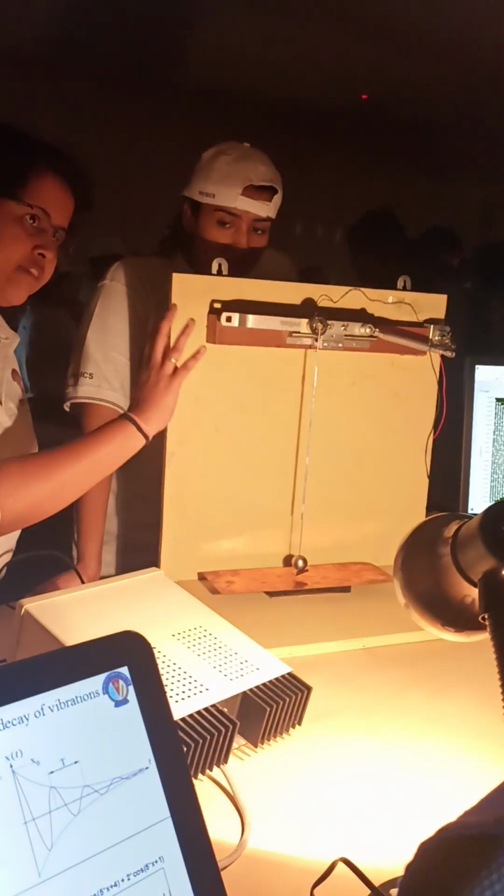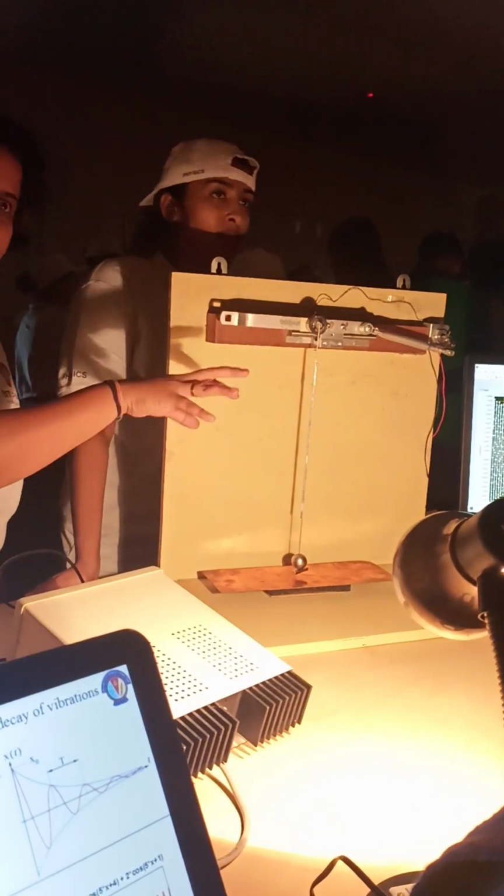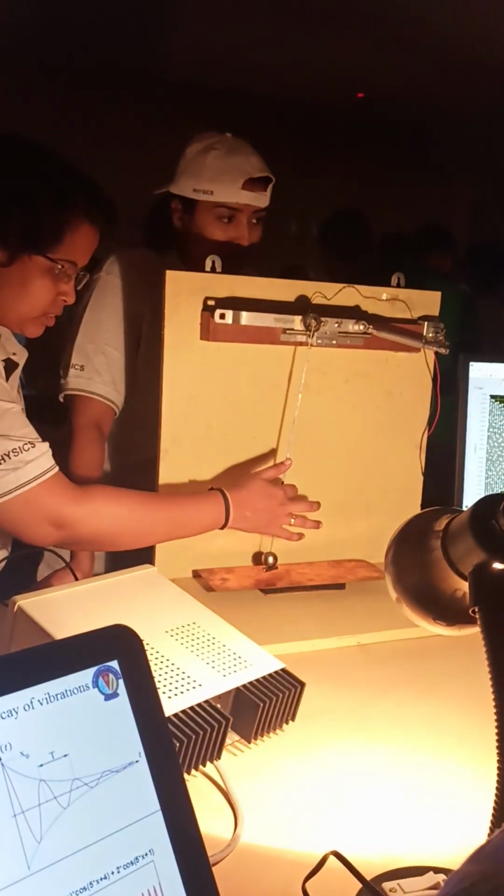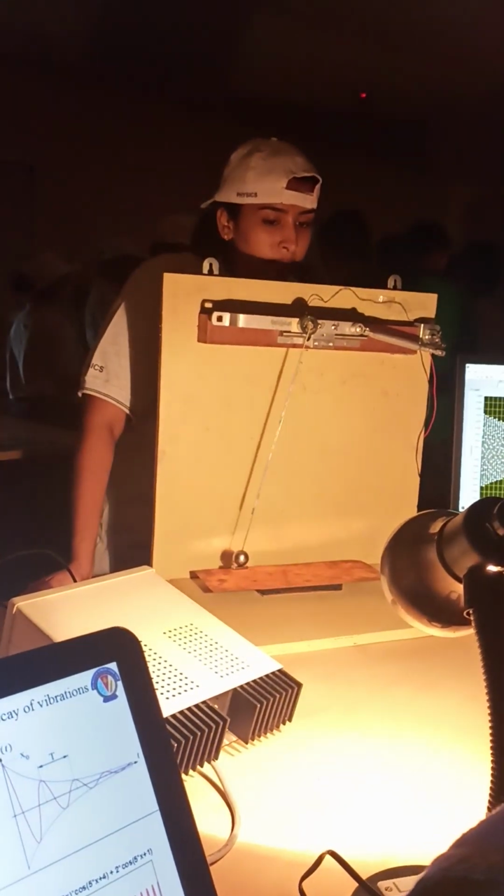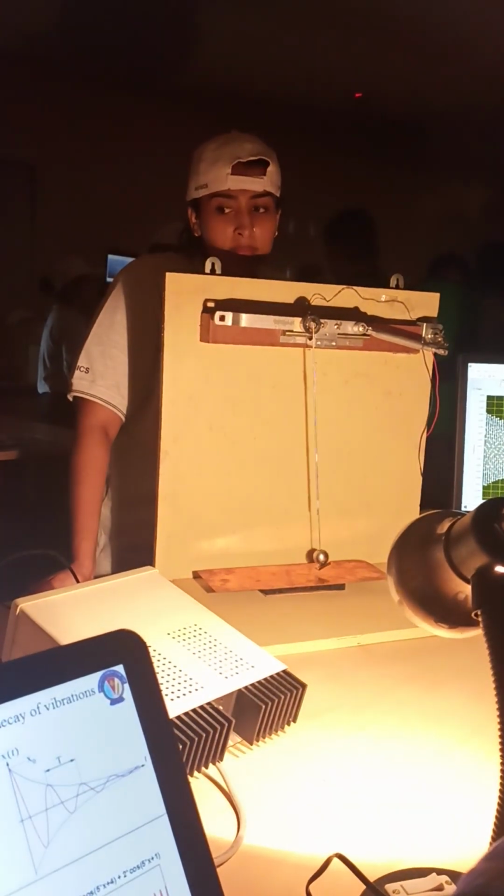So the first graph is related to the free damping, like when damping in the air itself. It's called weak damping. Now I will be having a forceful damping, which is a stronger damping. So now let's see. Again the similar pattern, the sine wave continues, but now it's not just the sine wave, the sine wave amplitude is getting modified.